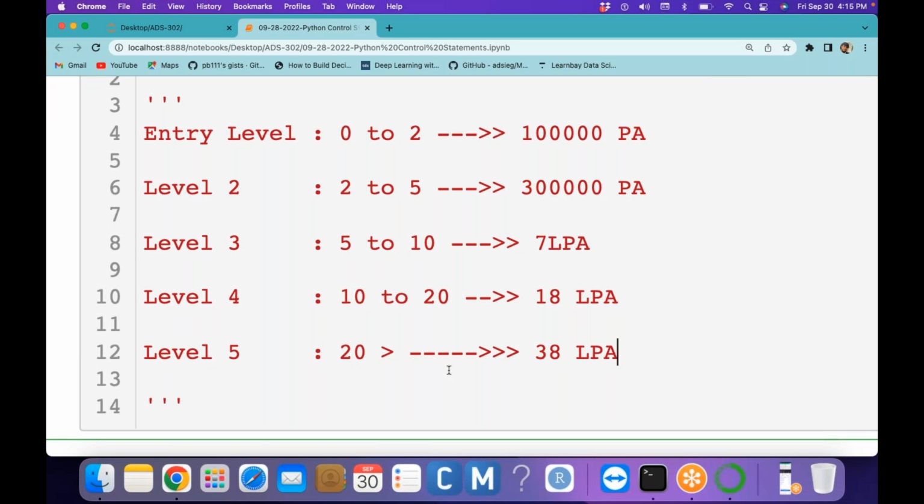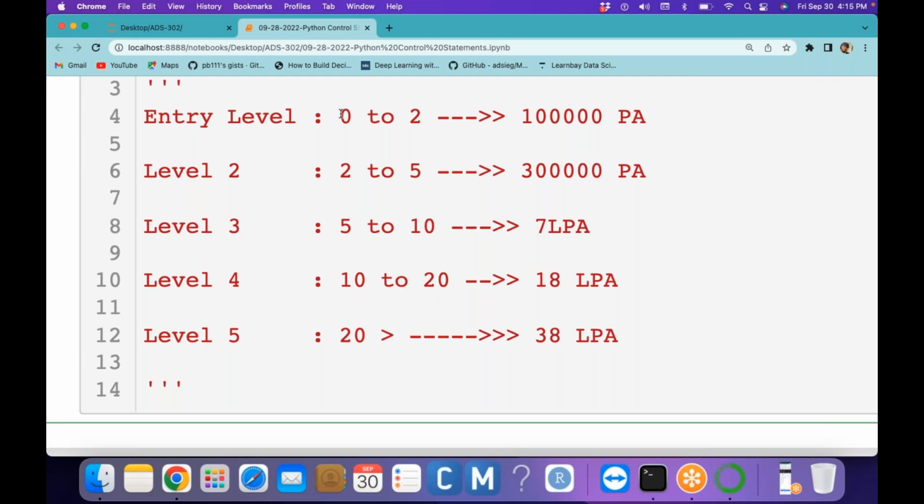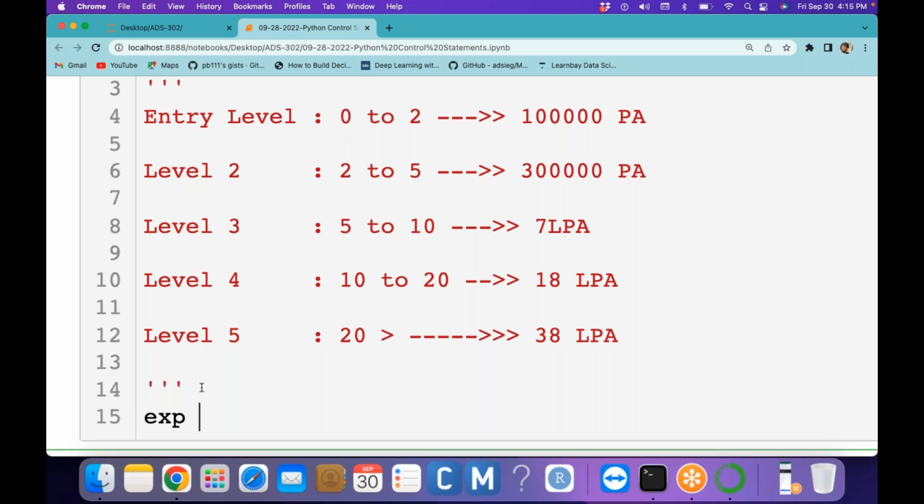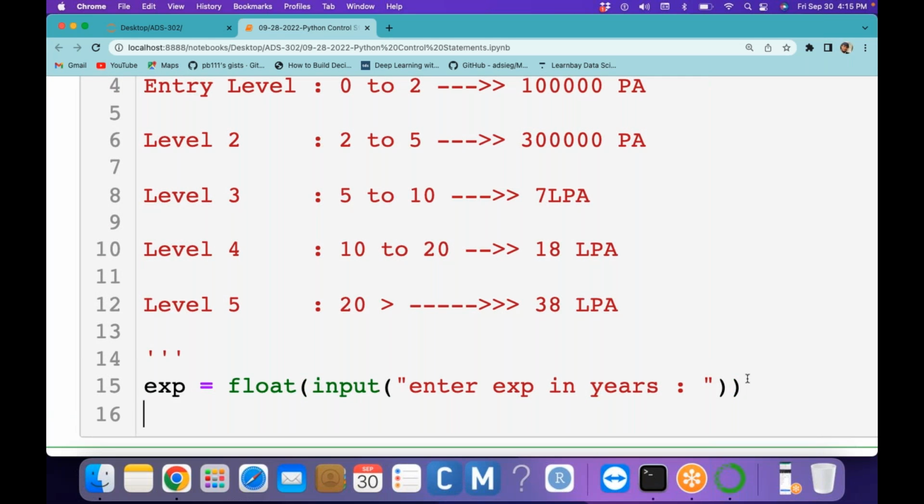Just think about it. We need to implement the logic with the help of these scenarios. Here experience is your input, so we should take experience from the user. With the help of the input function, we can ask to enter experience in years. Then, if experience is